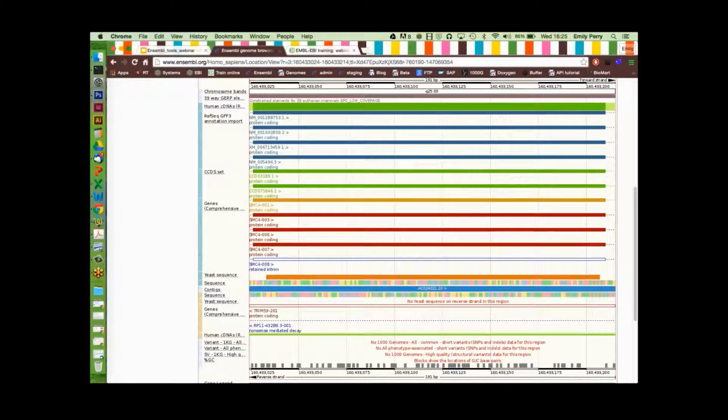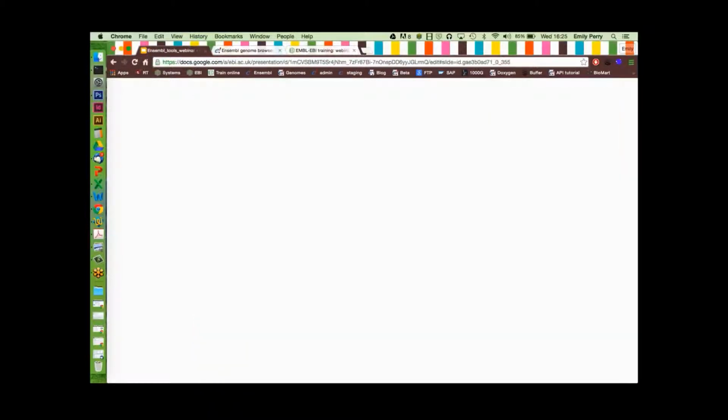Somebody's put a message in the chat, so I'll have a look at that. Is there a maximum limit for sequence in BLAST? Do you know, I'm not actually sure if we have a maximum size. I would have to check that. I believe your email address is on the webinar system, so I can look that up, and I will send you an email when I have found that out. Okay, let's go back,